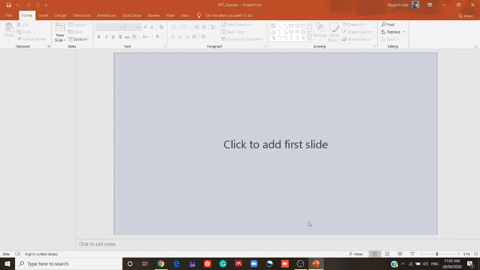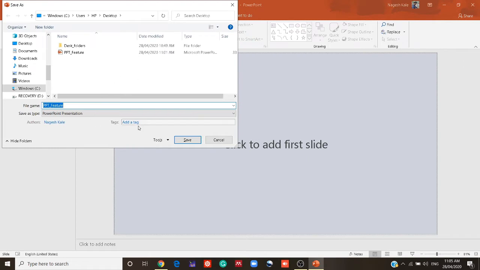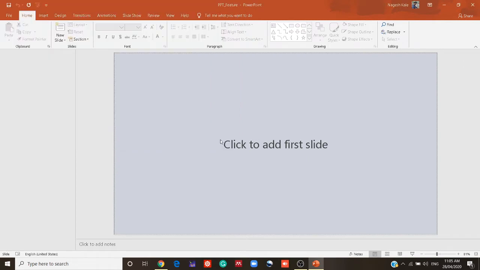In this video, I'm going to explore some of the interesting features of PowerPoint presentation. We all know how to design a PPT, but some interesting features will add a flavor to it. So let me start. Before writing out anything, I will suggest to save your PPT at once. To save, you can use the shortcut F12 key. Then you can save your document as whatever you want. I already saved it, so I cancel it.